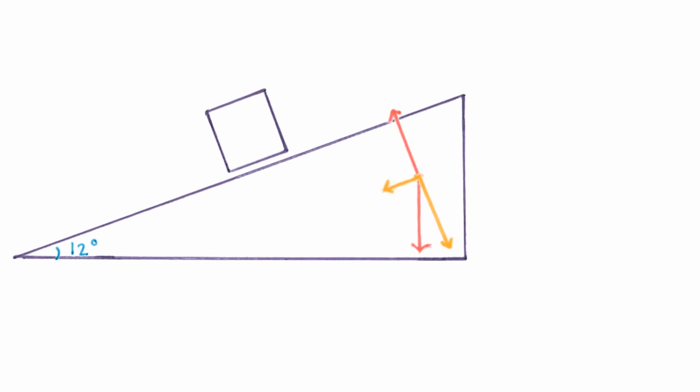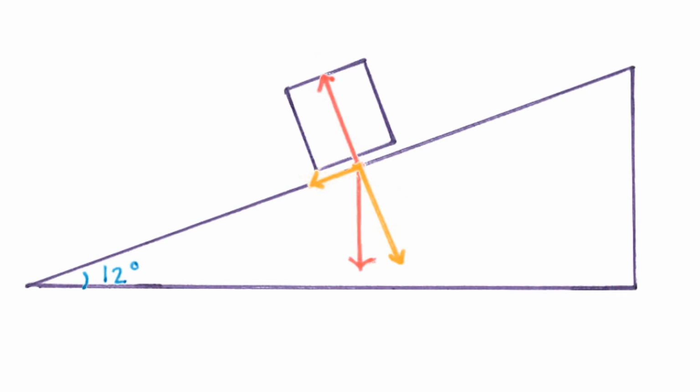Give me a minute, I need to convince myself. If you extend this line, you get two similar triangles, which makes this 78 degrees. And these two lines are perpendicular. So if this is 78, then this must be 12. I think I get it. I just know that one of the angles in the free body diagram is also 12. And with such a shallow angle, it's easy to see which one it must be.